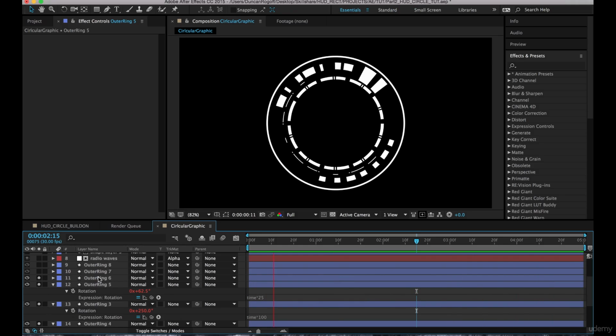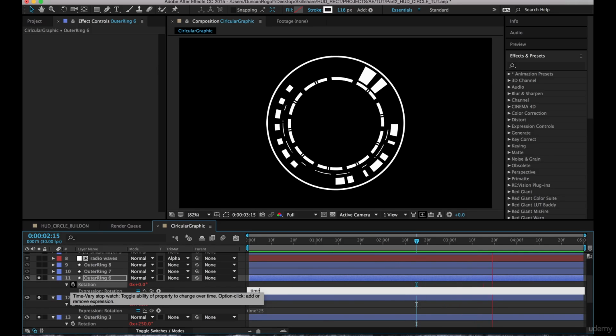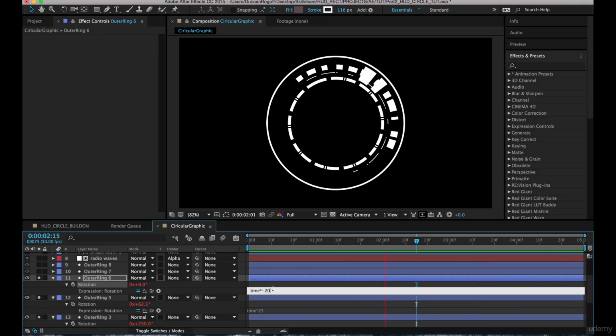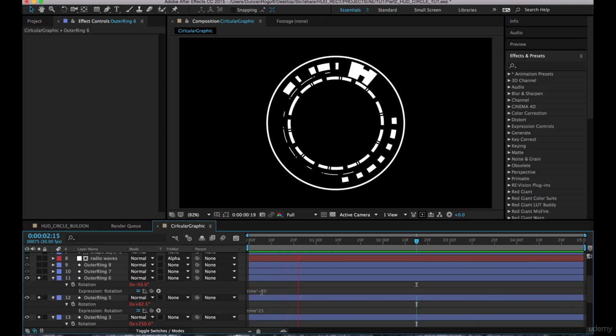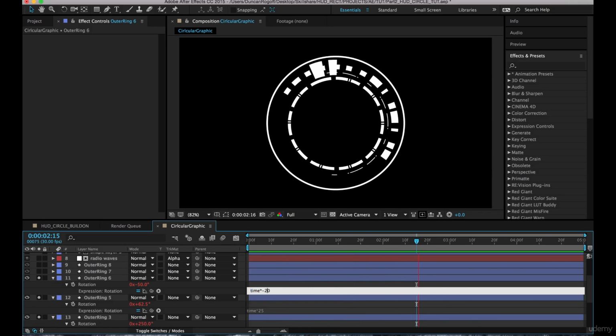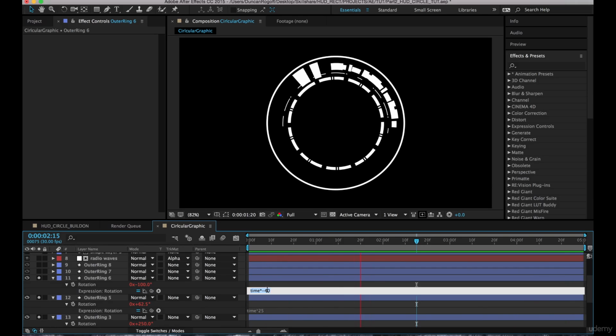Solo the next layer to bring that up. Press R on the keyboard, type time times negative 20. That's a little slow for me, so why don't we just double that to negative 40. Or if we want to get more of a random variation, instead of using the time expression, we can use a wiggle expression. And we could type in wiggle parentheses